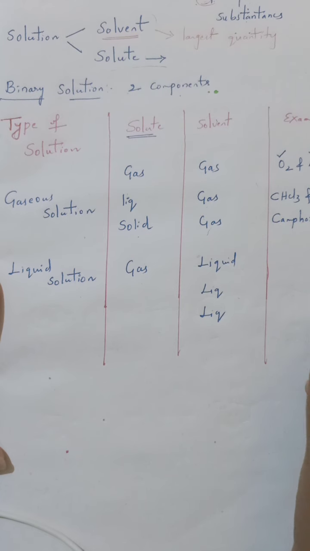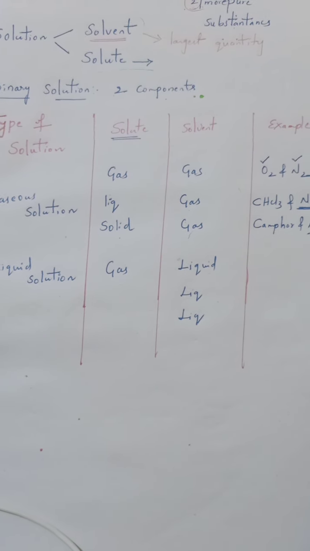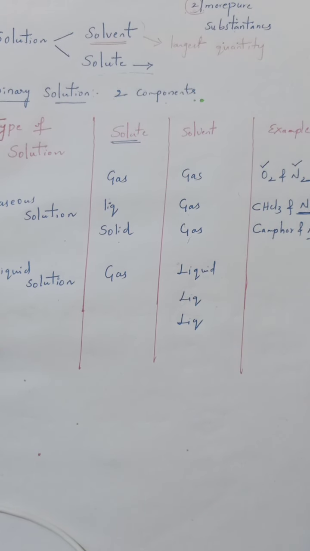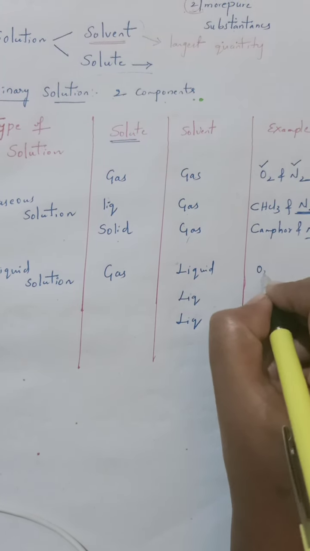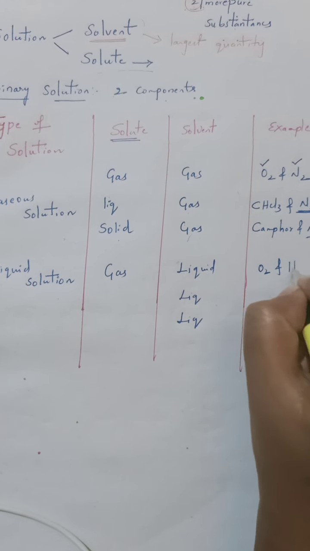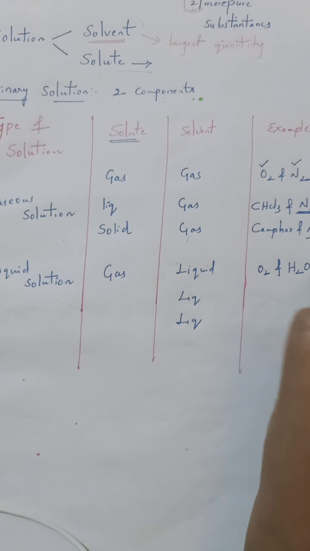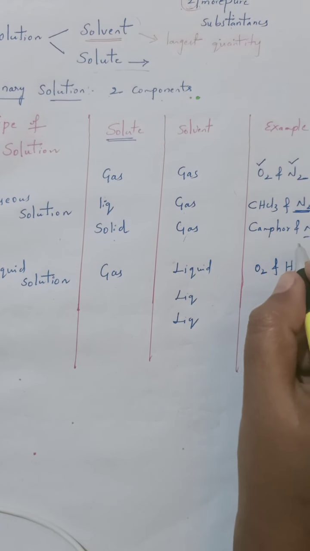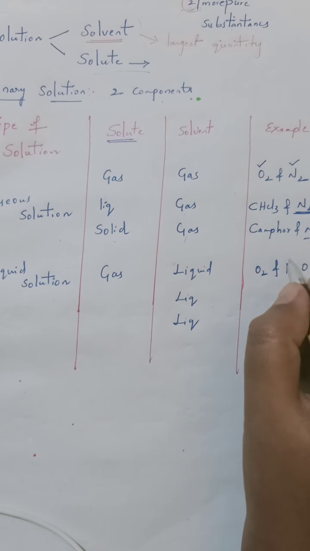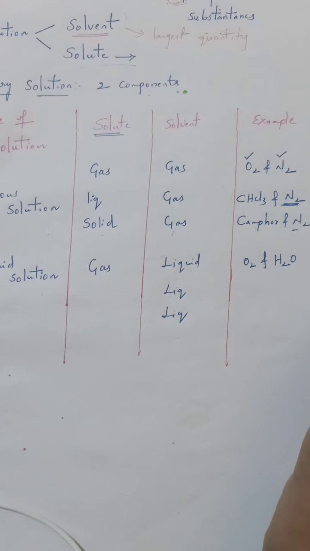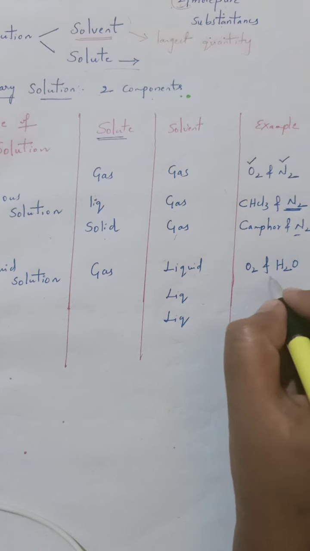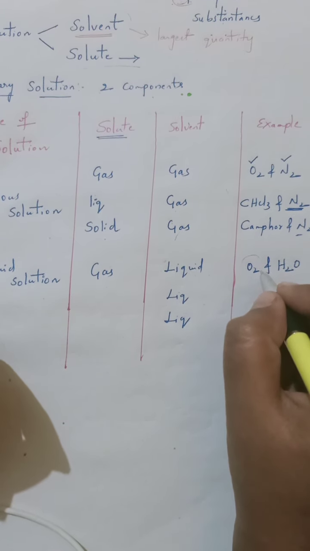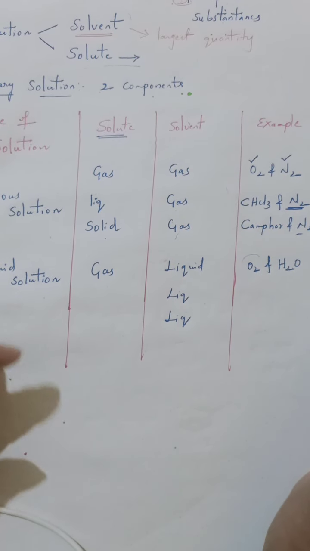An example for this is oxygen dissolved in water. Drinking water, or whatever water it may be, has some amount of oxygen dissolved in it. That oxygen is in gaseous state and the liquid, that is the solvent, is in liquid state. So oxygen dissolved in water, is it a solution? Yes, obviously it is a solution, because it is a mixture of 2 components, oxygen and water, a binary solution, where oxygen is a solute present in very little amount and it is dissolved in a solvent, that is H2O.